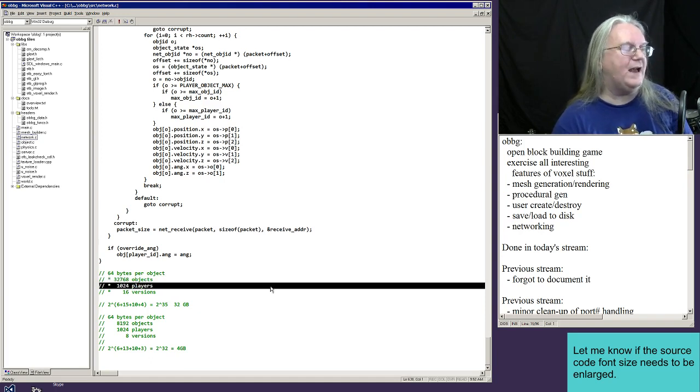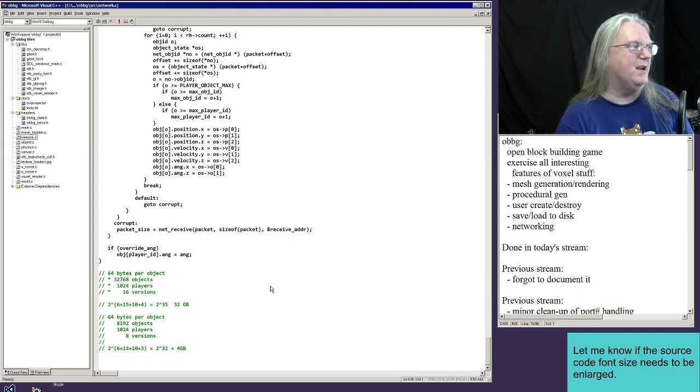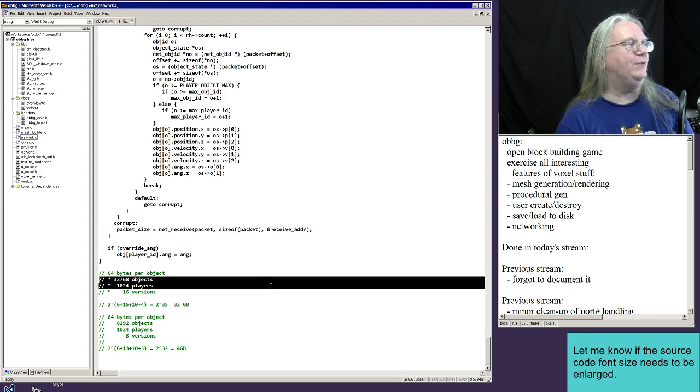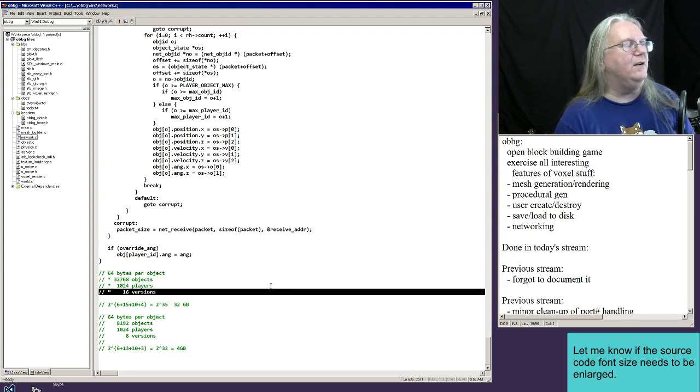The idea here is that for the sake of networking, we want to keep track of what each player independently thinks is the state of objects, so that when we do their networking updating, we can do it relative to that, basically. It has to do with the interpolation, it's a little more complicated than that, but that's the good quick summary. So we need to know what every player thinks of every object, so we have to keep a separate copy of that. And then when you do lag compensation for a shooter,